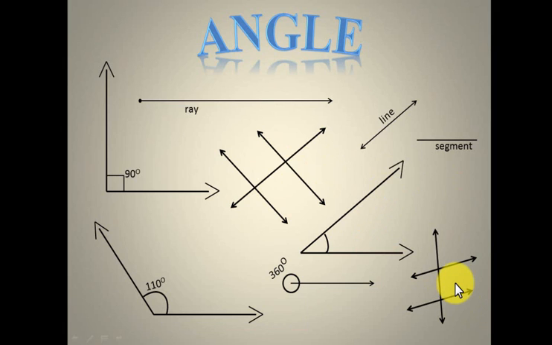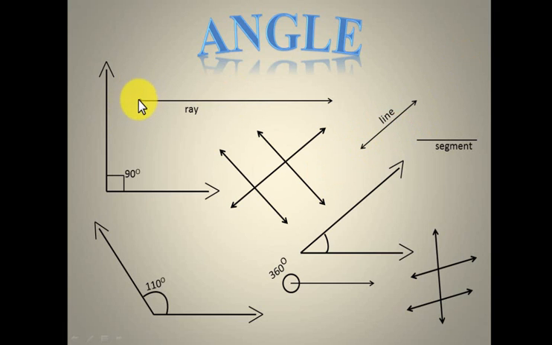Segment. What is a segment? Both sides have a constant stop dot, so it is called a segment, as given here. On this side there is a point and on this side also a point. That means it is constant. It can't be raised from both sides. Hence we call it a line segment or segment. This one has an arrow on both sides. That means it can be extended from both sides. Hence we call it a line.